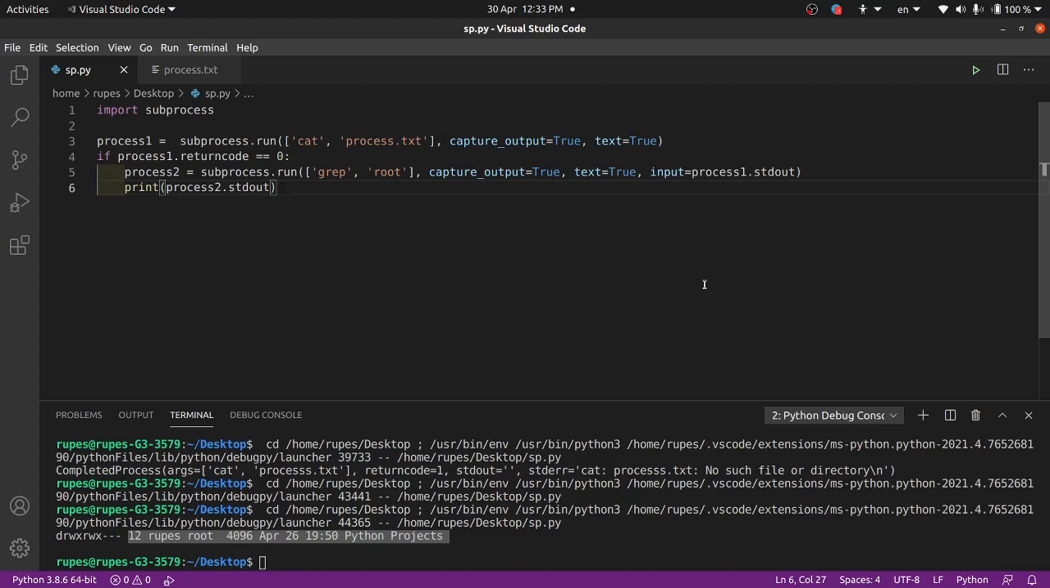So yeah, this is basically how you can use the subprocess module. Have a look at it, go through it. If you don't know anything,